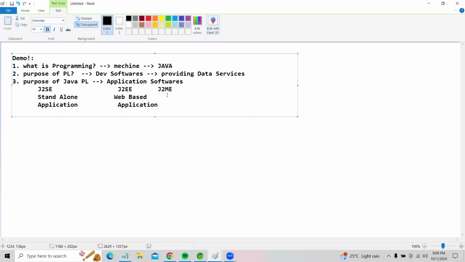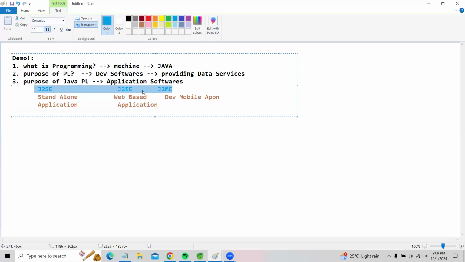The next one, J2ME, is for developing mobile applications. So these are the three types of applications we develop using J2SE, J2EE, and J2ME, my friends.